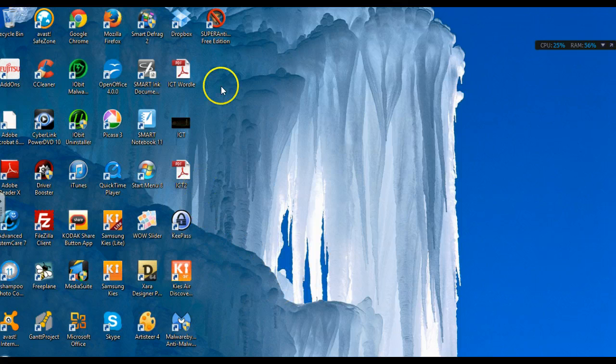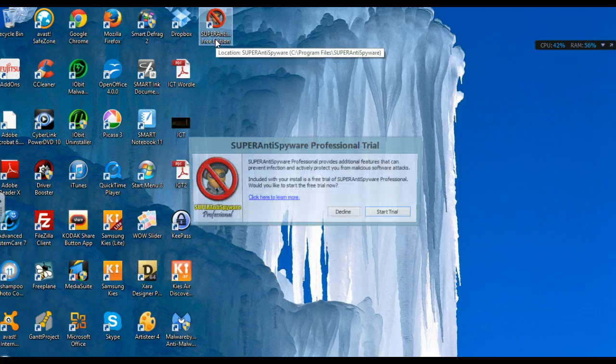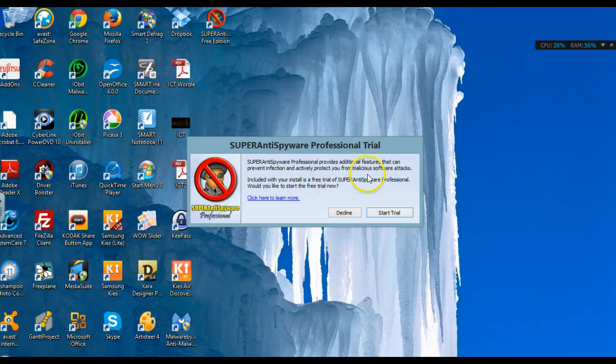Right, once it's actually downloaded, you will get an icon on your desktop here that says Superantispyware Free Edition. If I double click on that, it should open up, and there we are. Now, because they'd like you to buy the Pro version, it does actually ask if you'd like to try the trial, and this is completely free, so if you want to do it, by all means do so, and then you can make a decision as to whether you'd like to actually pay for it and own the professional version yourself. In this case, I'm going to decline it,